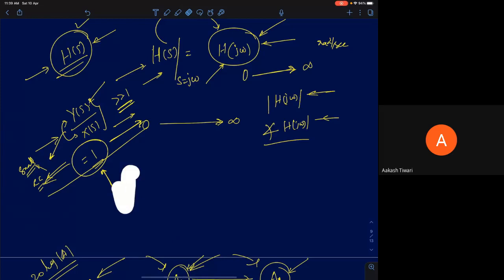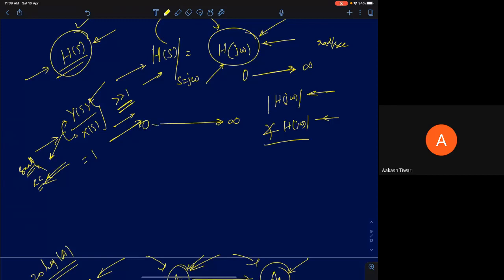So there are many reasons why we have adopted logarithms. They have been used since the 1920-30s when amplifier designs became popular. Amplifier was made popular in the 1910s. With that, long distance telephony became a possibility. And after that, in the 1920s, 30s, and 40s, we perfected our understanding of these systems. So at that time, logarithms became a much simpler tool for engineers. So there are several advantages which a log scale offers. We'll see all of them one by one.